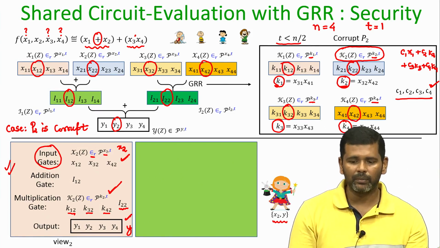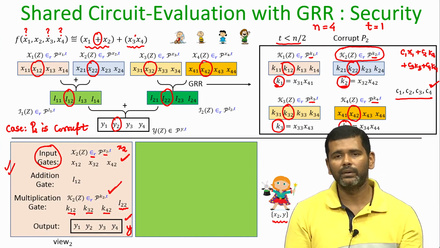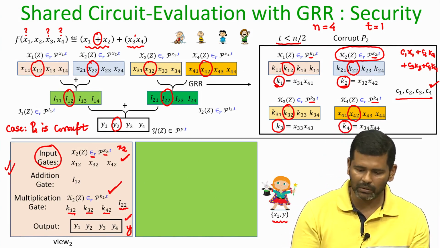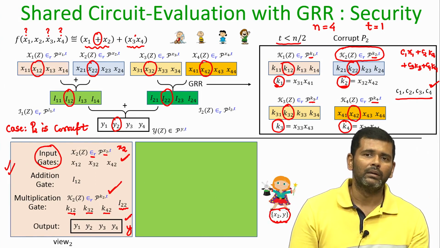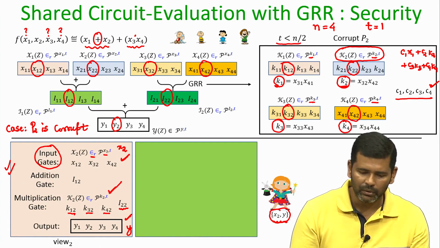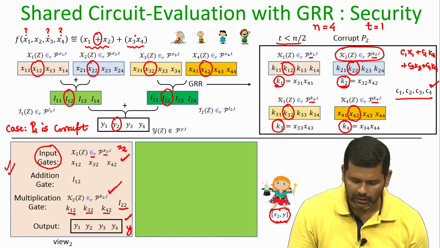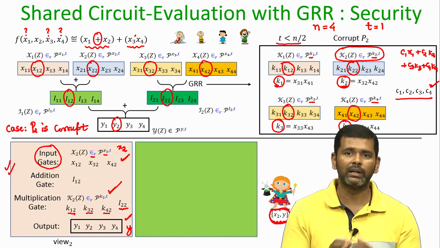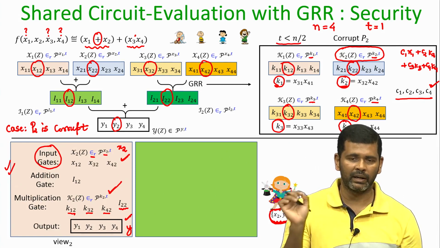And the way we formally prove is that we show that the information which honest parties would have communicated to the bad guys during the execution of the protocol can be recreated or simulated just based on the inputs and output of the bad guys. So, the bad guy in this case is P2. We have to show that there is some simulation algorithm, a simulator who can reproduce the entire view just based on x2 and y, and without even knowing the exact values of x1, x3 and x4.